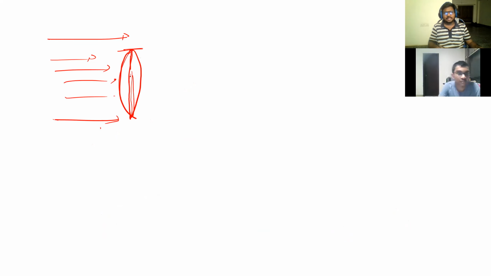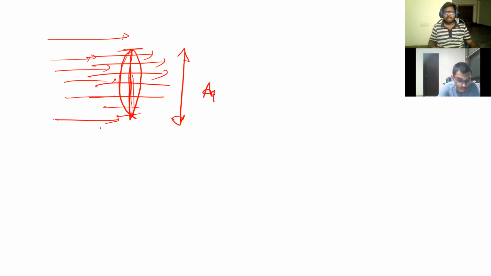Aperture is this diameter. Suppose a light ray is incident, can you make it incident here? No, right? So the effective area it will describe. It is not an area, it is the diameter at which the light ray actually passes. So along this length, the light is passing, right? This length is called the aperture.